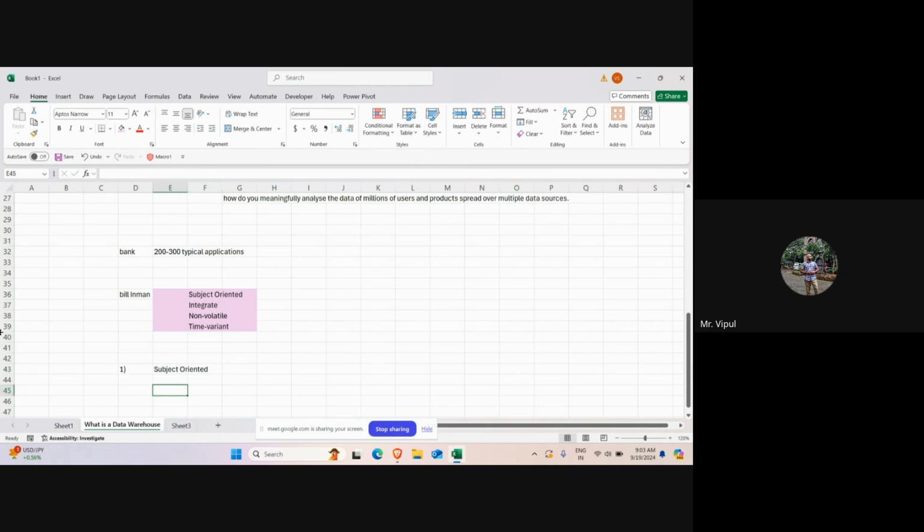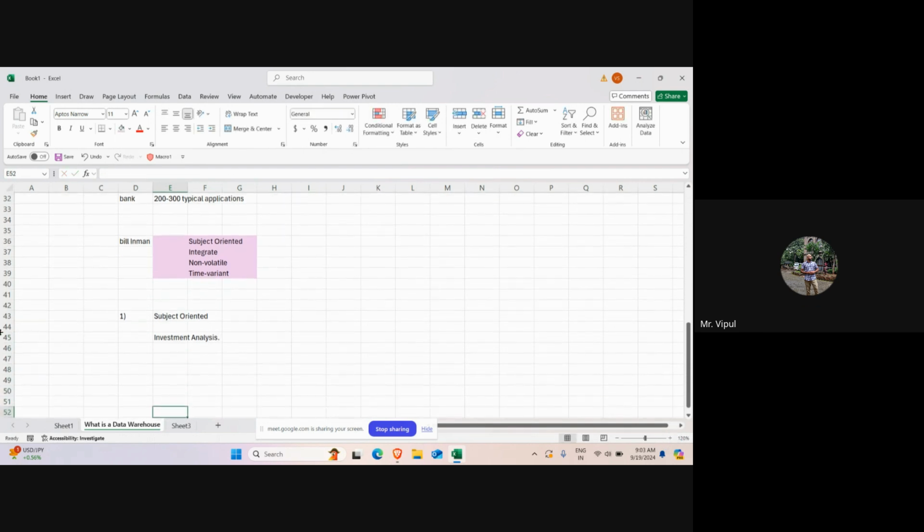So we have collected information about startup companies. Let us take an example that we are going to do investment analysis. We have collected information about the startup companies in the company data file and information about the investments made in the investment data file. Just for illustration, let us look at a couple of examples to see when you would not consider this to be a data warehouse. Suppose we collected all this information from an online portal like